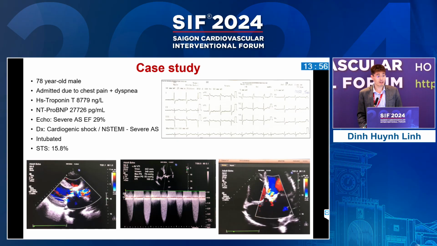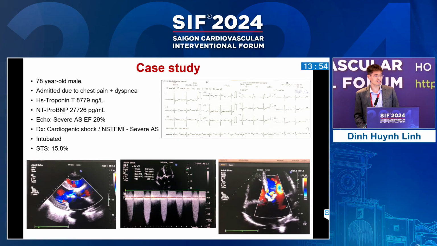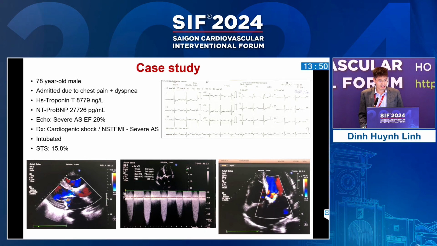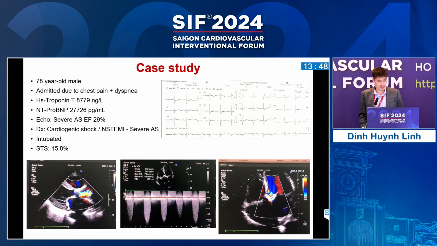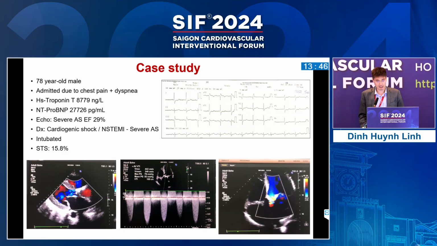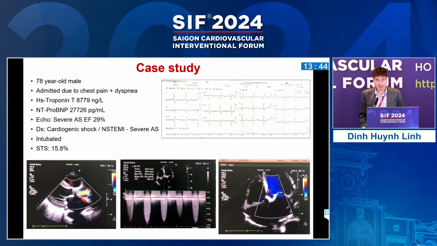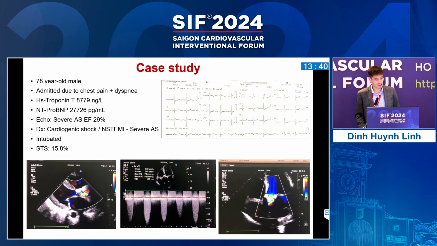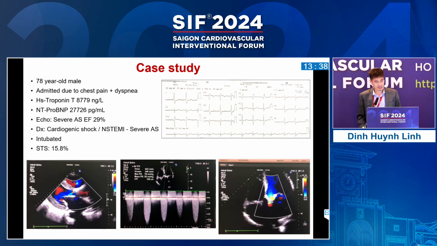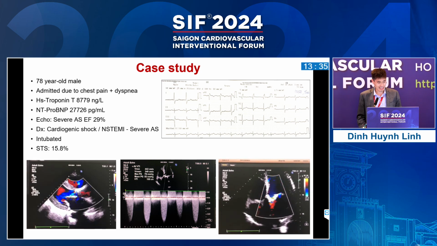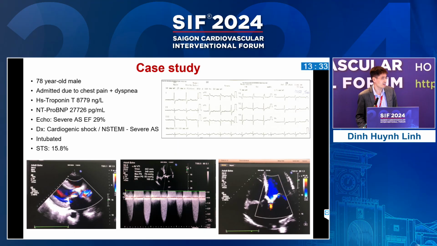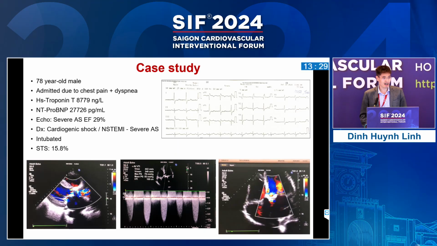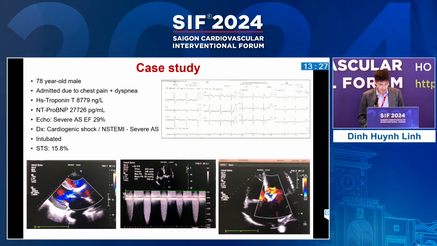We did the echo, and you can see that the heart function is very poor, just about 20 to 30% EF, and the patient got worse, and we had to intubate him. So the diagnosis is cardiogenic shock. A patient with non-STEMI with severe AS, and the STS score is very, very high. Because the patient has acute MI and also has AS, we performed